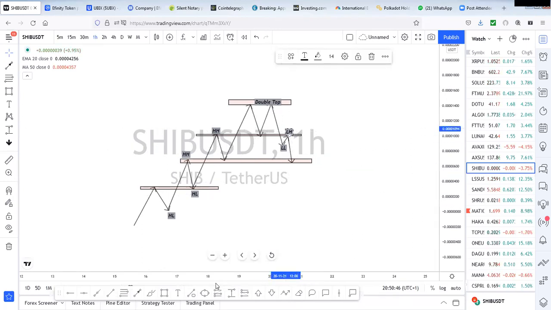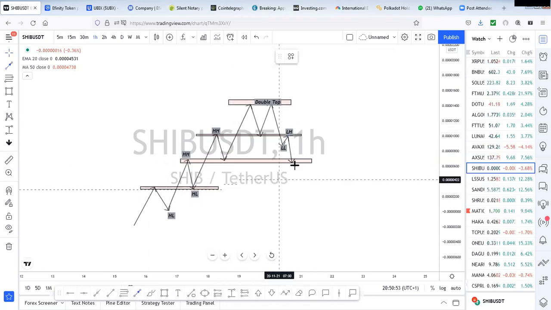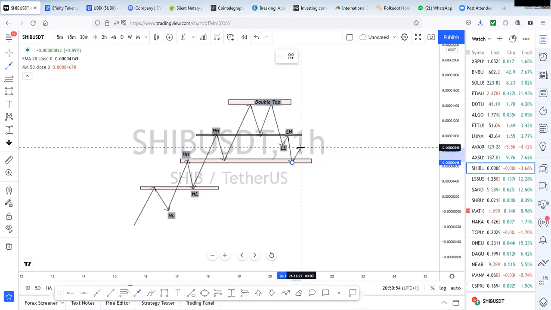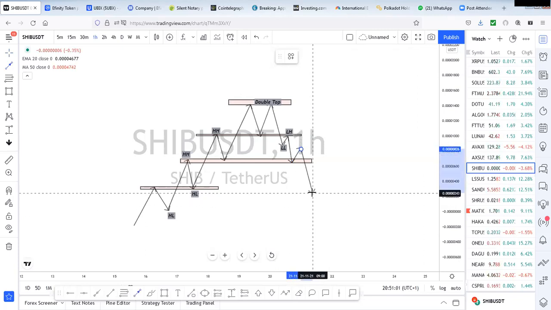You understand? So the market will now be forming something like this. It will be forming like this. It will form another lower high, then lower lows. That's how it will be moving